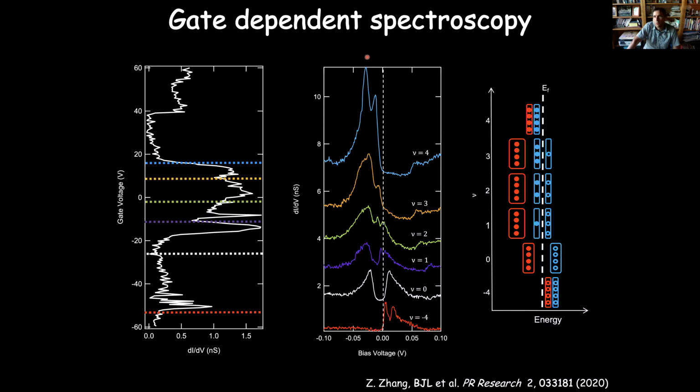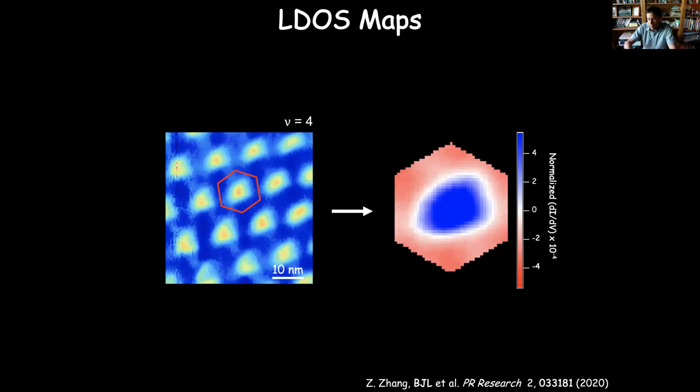Unfortunately for us, our measurements are at about 5 degrees Kelvin, and these devices don't become superconducting until you get down to the region of 1 or 2, maybe 3 degrees Kelvin. So we can't actually see the superconductivity develop in them, but we see the correlated insulating states, which are the precursors to the superconductivity. But what the STM does give us the power to do is to look at the local density of states and how that varies in the sample.